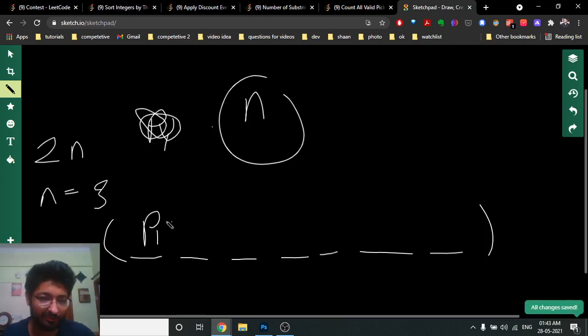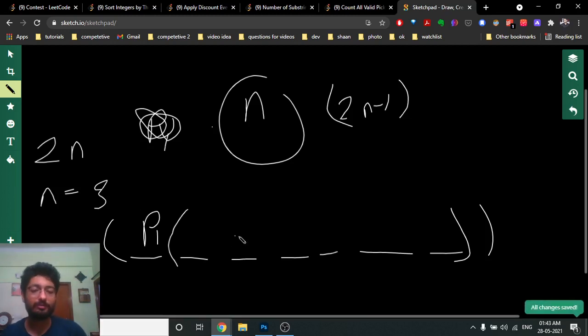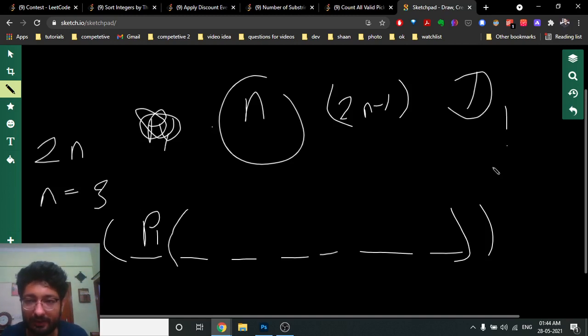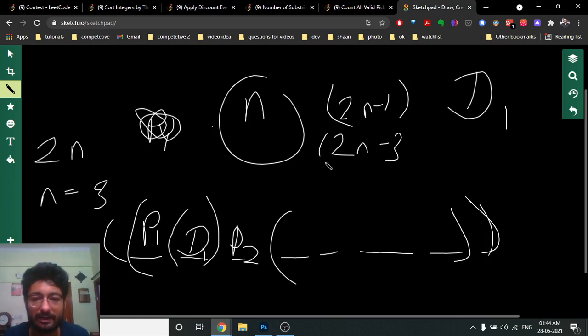then the options for the delivery are 2n minus 1. Now if I put the second pickup here, I have 2n minus 1 positions for the delivery. I can put the d1 in any of the 2n minus 1 positions. If I put the d1 here, this is forming a pair, which is perfectly fine. Now if I put a p2 here, then again I have 2n minus 3 options left for d2,